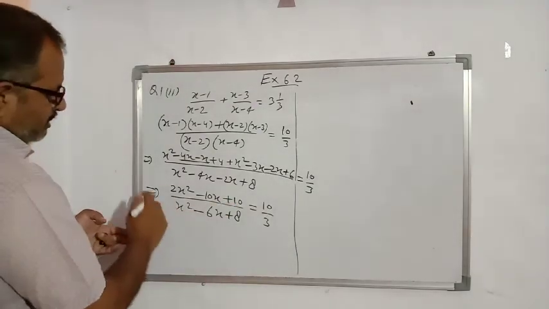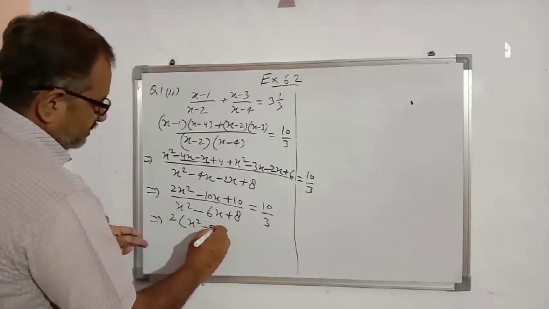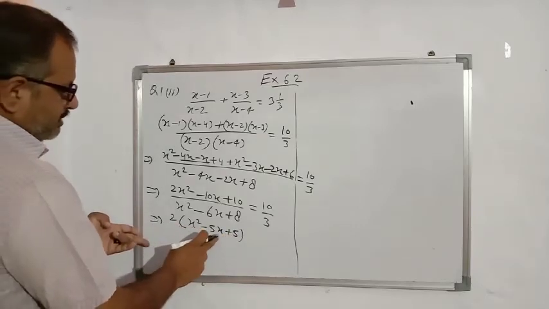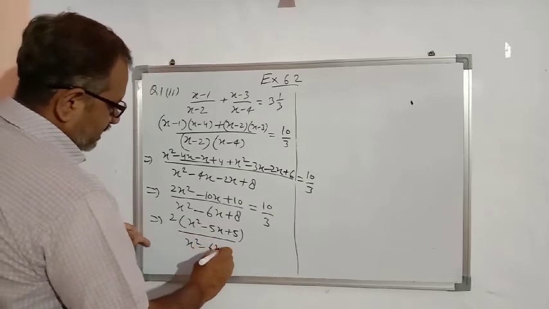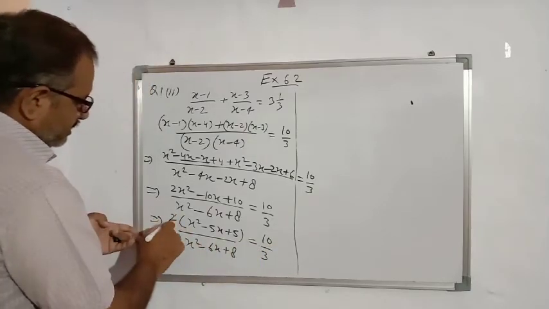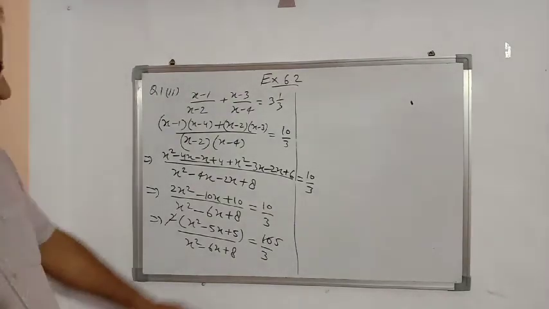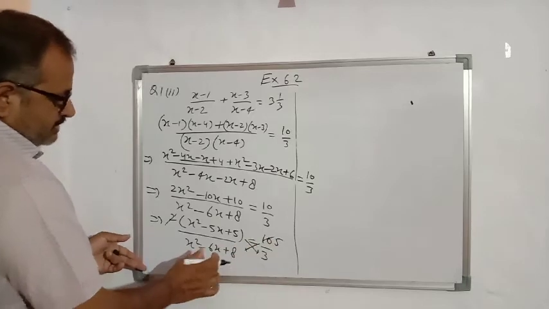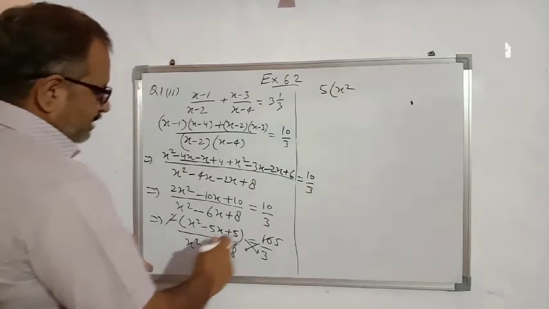We can take 2 common from the numerator. So x square minus 5x plus 5 upon x square minus 6x plus 8 is equal to 10 by 3. We can cancel it, 2 5s are 10. Now cross multiplication. So 5 into this, 5 into x square minus 6x